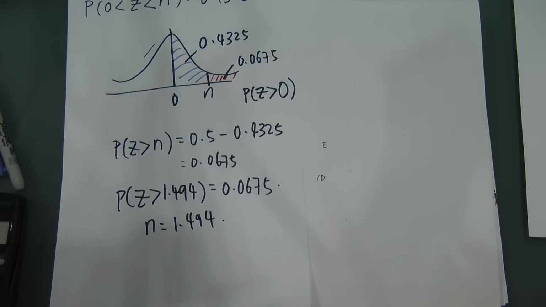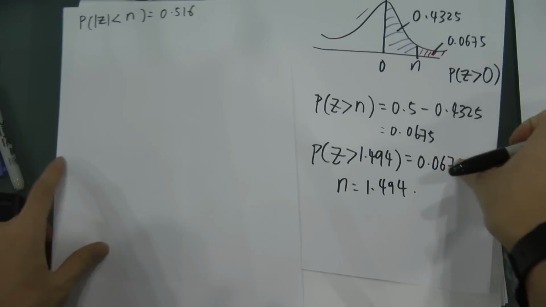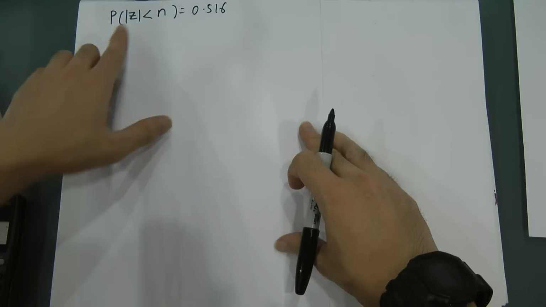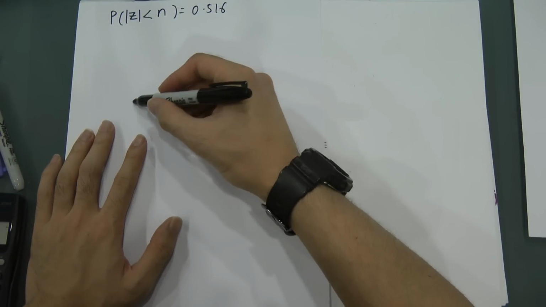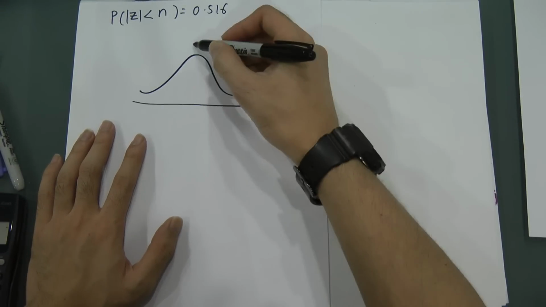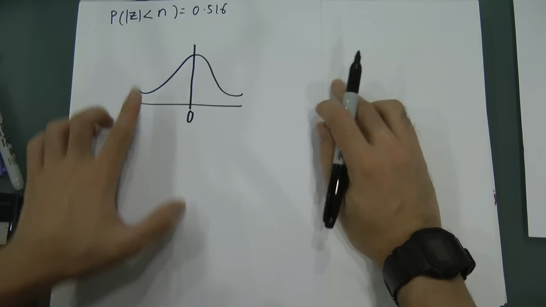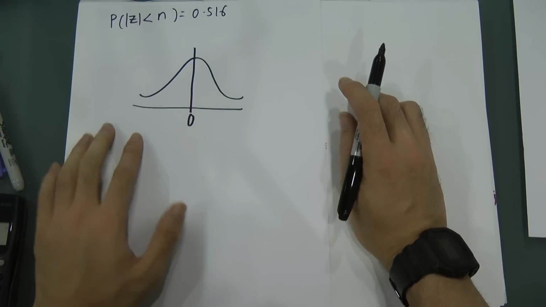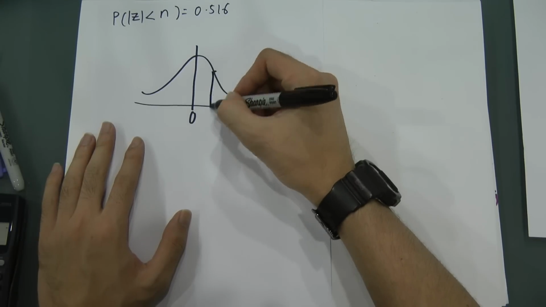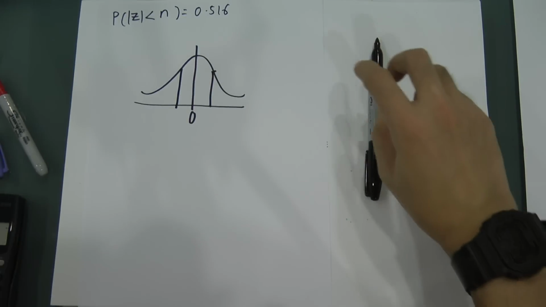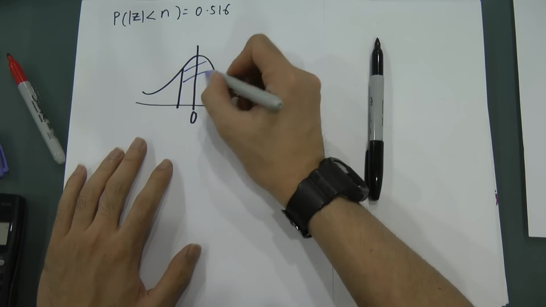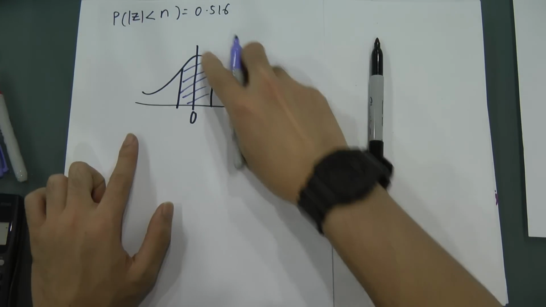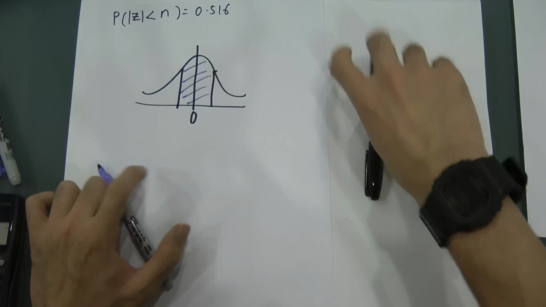Then we go to the last example here. Okay, same thing. You see this symbol. When I say this is a bell-shaped diagram, this is 0. When you see this symbol, smaller will mean in between. Bigger will mean two sides here. Smaller will mean in between. And then the value here is